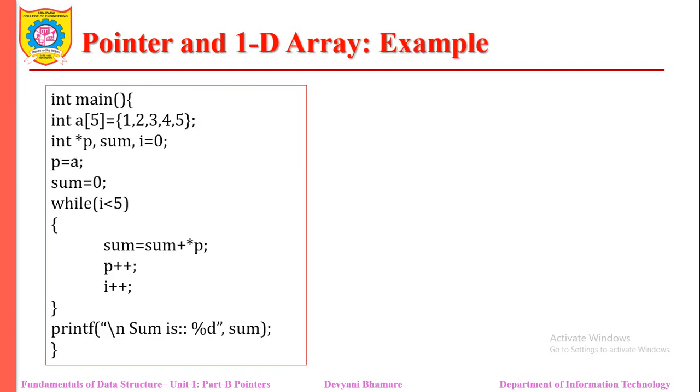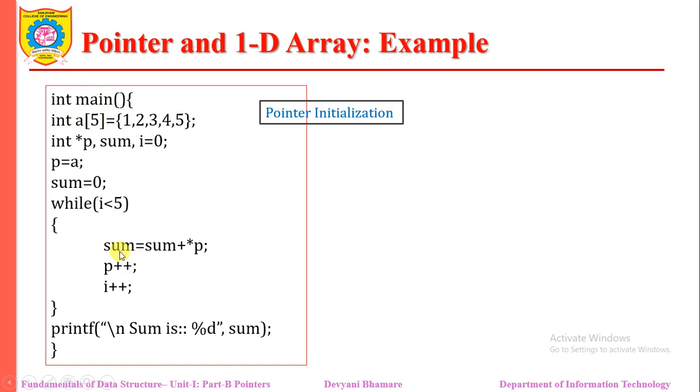Let's see one example. What is happening in this example? Here we have declared an array A, which has 5 elements. P is a pointer, and some variables have been defined. What is happening here? P is equal to A. Yes, this is called pointer initialization. We have defined that P is a pointer which points to A, that is, the base address of array A. Then we want to compute the sum of all elements of the array. That means we expect 1 plus 2, 3 plus 3, then 6 plus 4, then 10 plus 5. Accordingly, we expect the addition of all array elements.